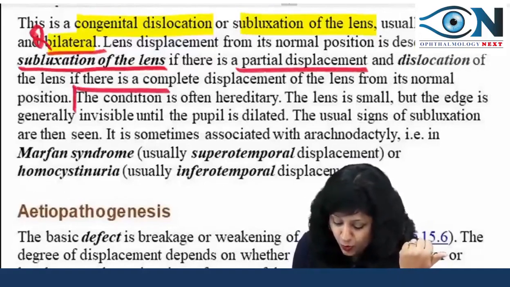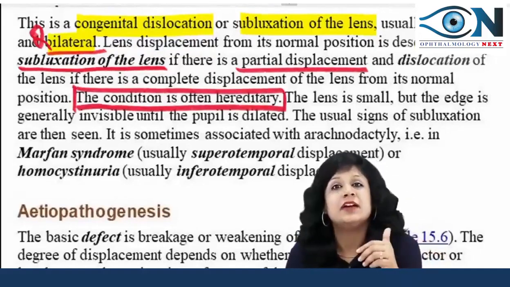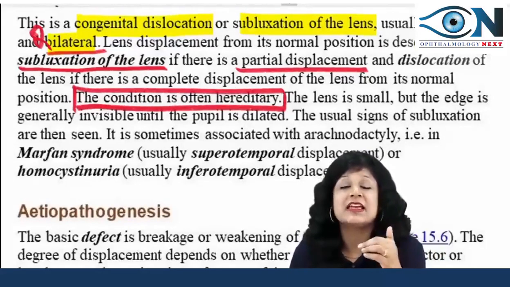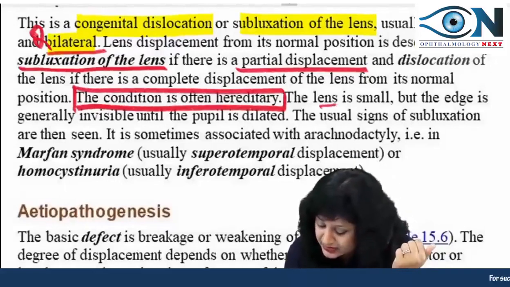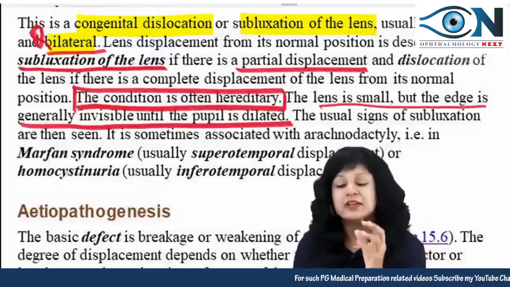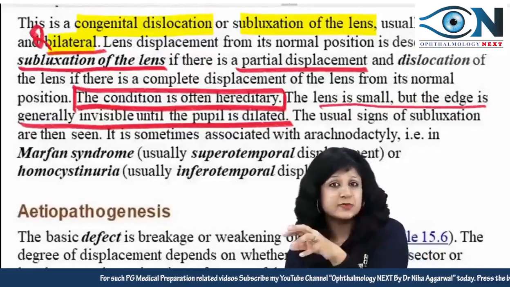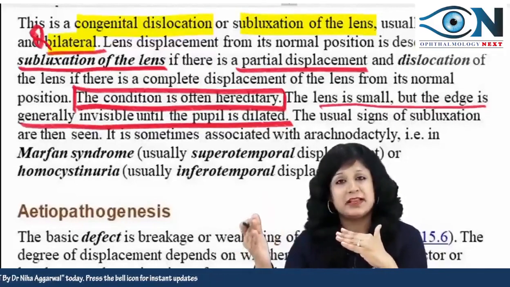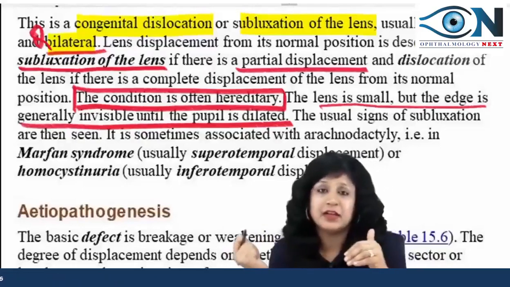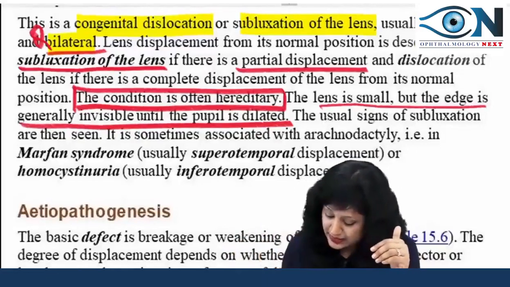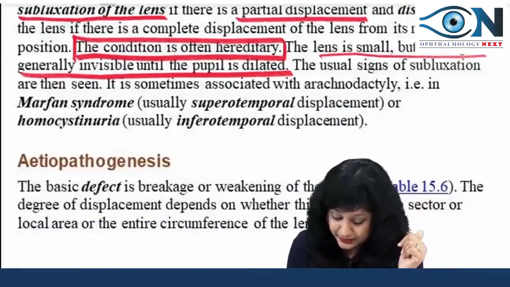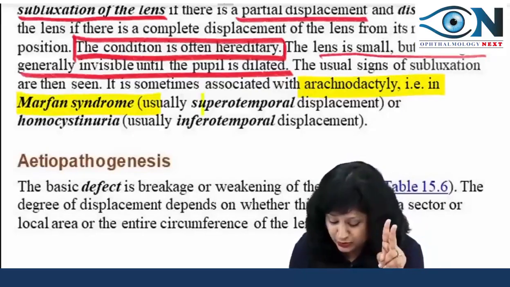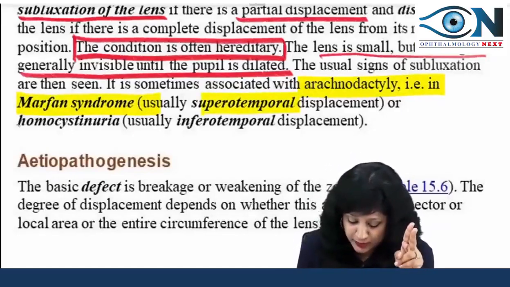Now the condition is often hereditary. If I talk about the acquired causes, the most common cause of subluxation of the lens is actually the trauma, but as they say, it is mostly hereditary. The lens is small, but the edge is generally invisible, and what is happening in most of the cases when the lens size is small, like we read in the Weill-Marchesani syndrome, it is very, very common to have the displacement. Usually it is upward, but it could be on the inferior side also. The signs of subluxation will be seen, and then you can see it with arachnodactyly, that will be your Marfan syndrome. And in the Marfan syndrome, it is supratemporal subluxation,